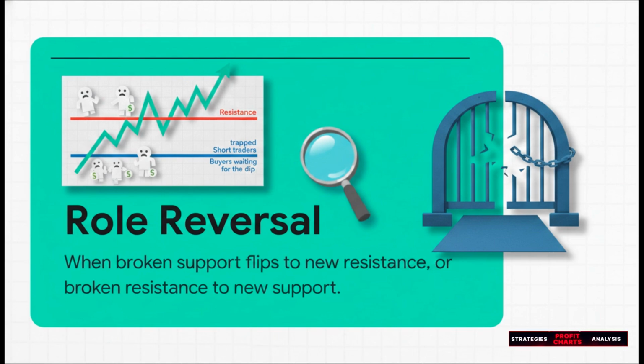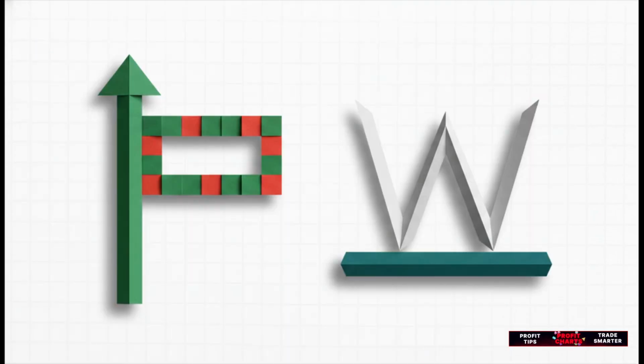Think about it like this. An asset finally smashes through a stubborn $100 ceiling. The short sellers are trapped, and the buyers who missed the boat are kicking themselves, just waiting for a dip. So when the price eventually pulls back to $100, they absolutely flood the market, turning that old ceiling into a rock-solid brand new floor. Once your zones are mapped out, you start looking for the footprints of momentum, which are